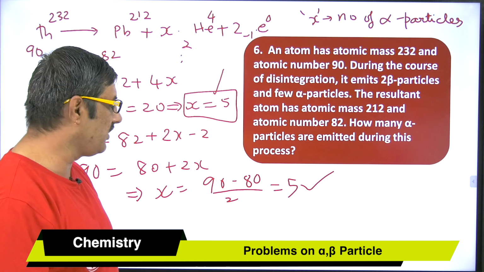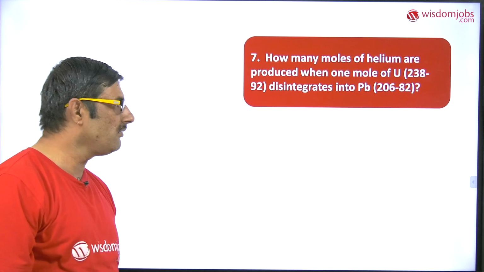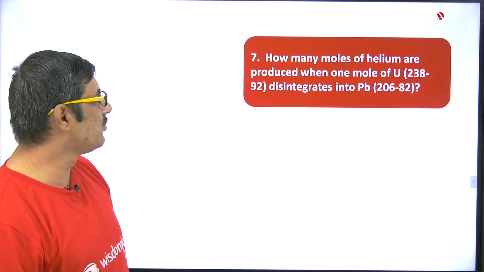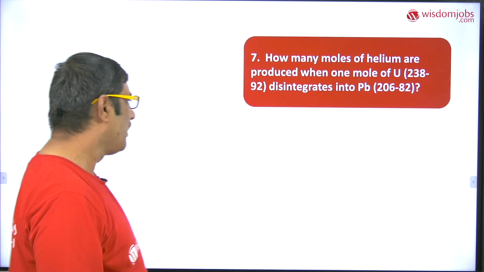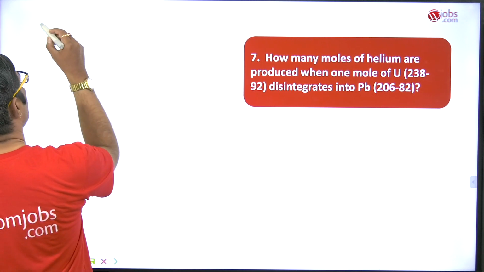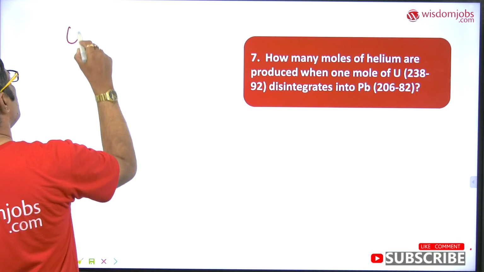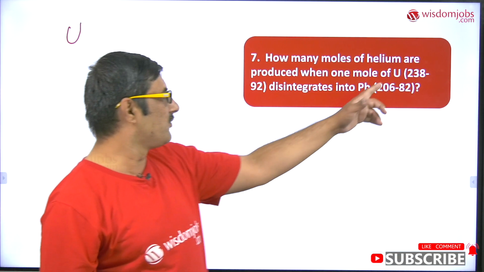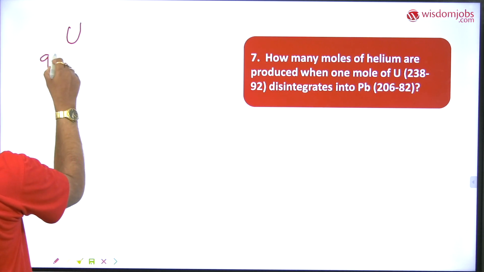Okay, now let us move to the next question. How many moles of helium are produced when 1 mole of U-238-92 disintegrates into lead? It's very easy now. Let us write the disintegration equation. So, which is disintegrating actually? Uranium. So, U, and I told you, 238-92 means it is U92 238